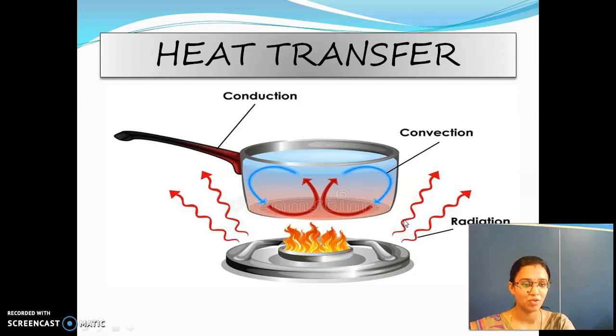And then what is the next thing? Radiation. So, what is the best example I gave you for radiation? Yes, the sunlight reaching us, the rays from the sun reaching us. So, the process of radiation does not require any medium. It takes place in empty space. Up to this we had seen. Yes or no? And radiation also takes place in other materials, not only in empty spaces, it takes place in gases also. Okay.